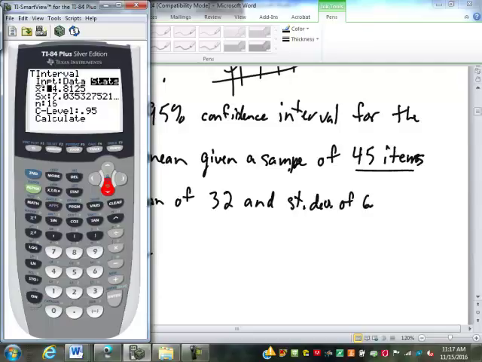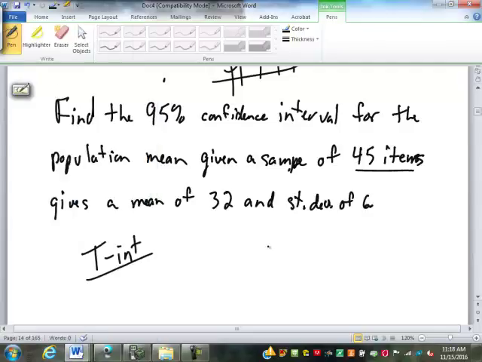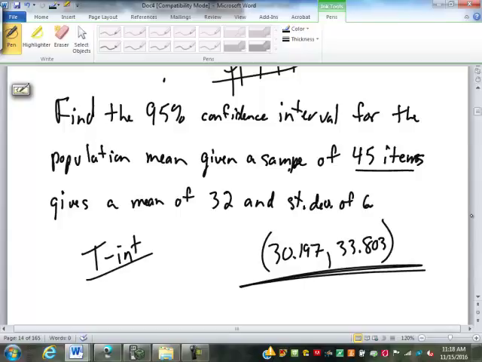The sample mean is 32. Sample standard deviation is given as 6. Sample size is 45. Confidence level is 95%, so 0.95 is good there. Hit equals, enter, 30.197 to 33.803. So there is our 95% confidence interval. So it's a little bit quicker if we're just given the summary statistics instead of having to enter all the data into the list. And then our third type of confidence interval,